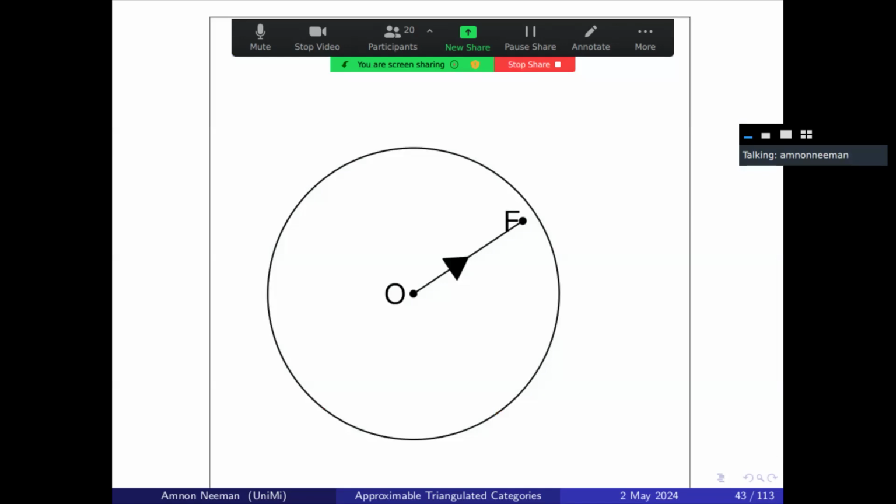It says that if you take an object F, which lies in the ball of radius 1 around the origin, then there is a low-degree trigonometric polynomial, an object E, which doesn't take much effort to build out of G, and an arrow from E to F of length less than or equal to